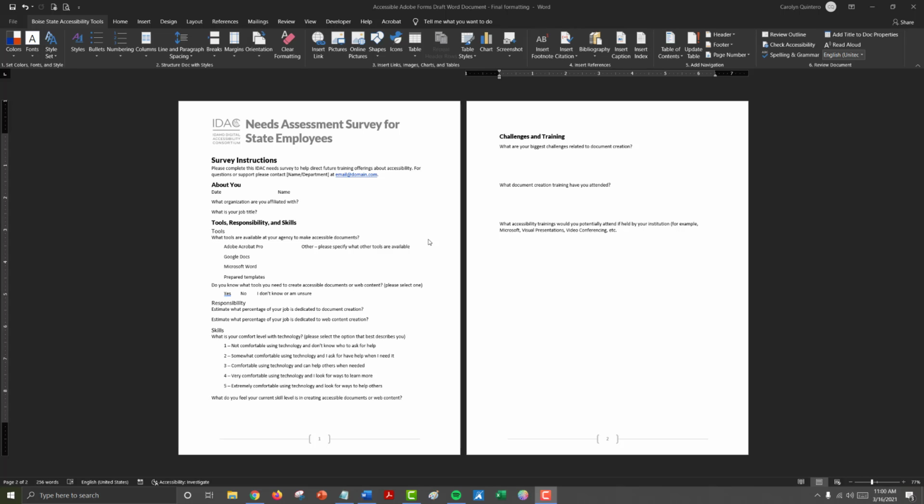Our large text fields have enough space after the question to draw a large text field. We've adjusted the spacing and alignment for our multiple choice questions so we can draw in a checkbox in Adobe. And we've also added a footer with our page number since our content goes across 2 pages. Now we are ready to save this document as a PDF.